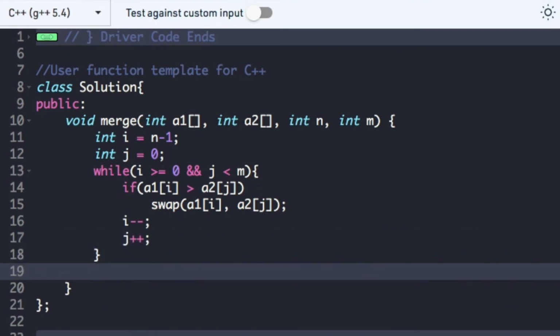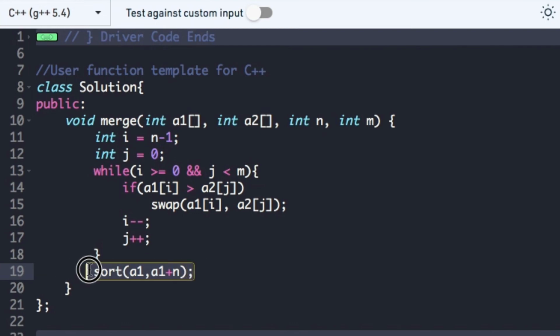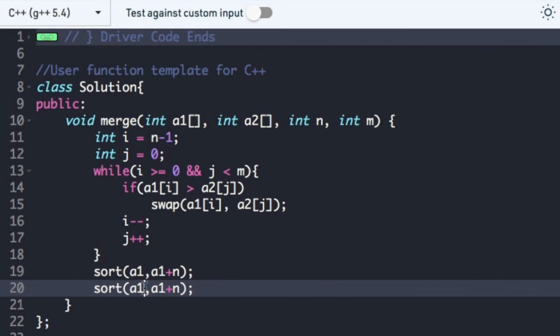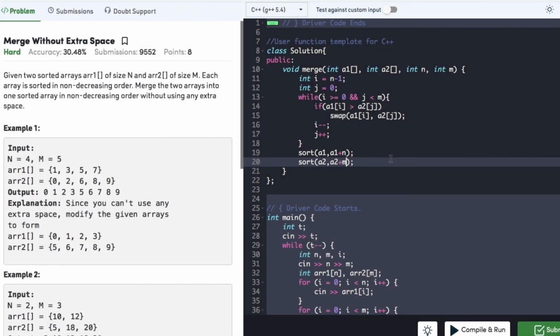After the end of the while loop, we first sort the array A1 using the inbuilt sort function of the STL library, and we also sort the array A2. And we are done with the code.